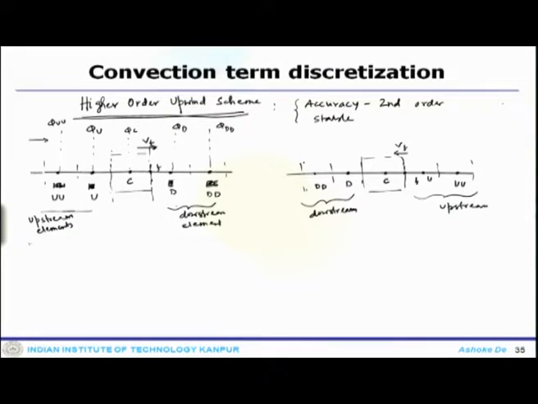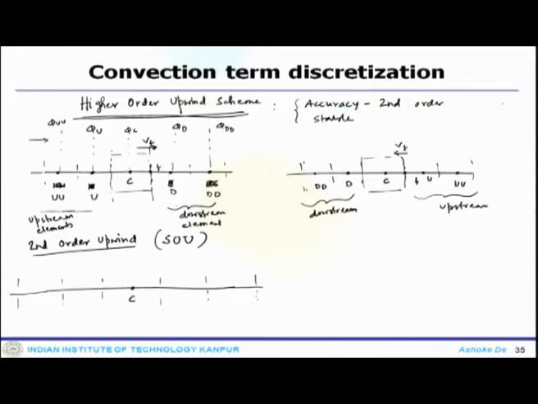So, now we will start with a second order upwind. What we have seen as standard is the first order upwind. Now, we will start with second order upwind, so one can say it would be the second order upwind, SOU, scheme. So, how do you go about it? You can define a one dimensional stencil like that, and in between that you have C. So, you define your cell interfaces like that. So, these will be the cell elements associated with that.